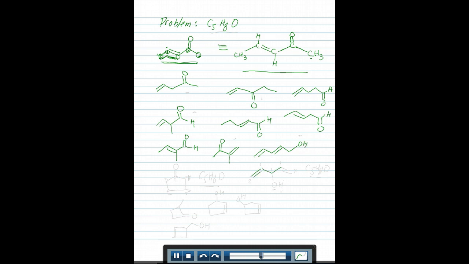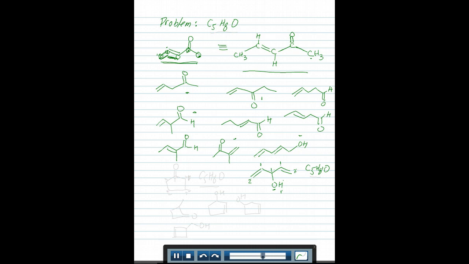Now if you don't believe me, go back and check to make sure the formulas are correct. On this molecule I have 1, 2, 3, 4, 5 carbons. As far as hydrogens, remember it's the maximum number. So there's 2 hydrogens here, 1 here, 1 here, 1 here, 1 here, and 2 there. So that's 2, 3, 4, 5, 6, 7, 8. H8, and there's 1 oxygen. So notice it's still the same formula, but this is an alcohol. These over here, that's a ketone, that's a ketone, that's an aldehyde. That's a ketone, that's an alcohol, but the alcohol's in the middle. These are all different molecules.